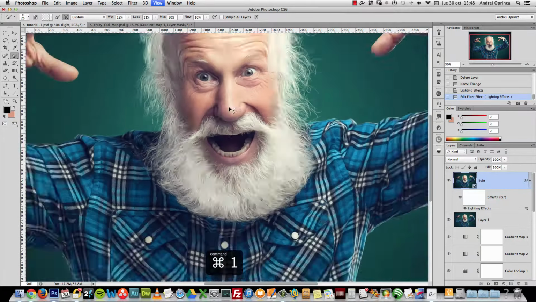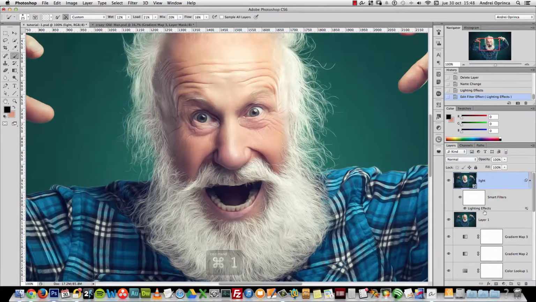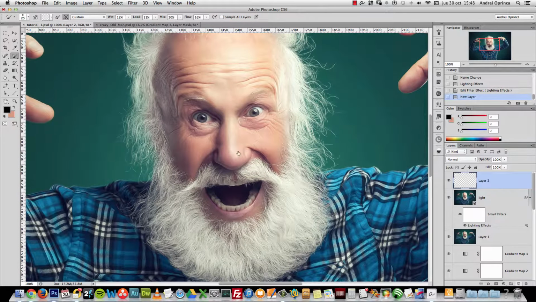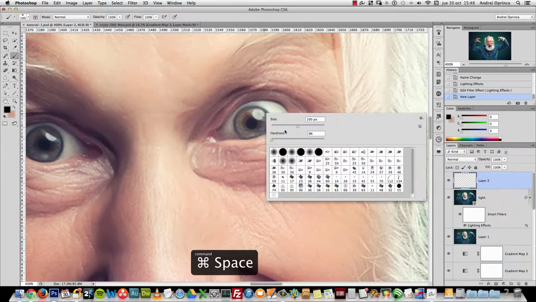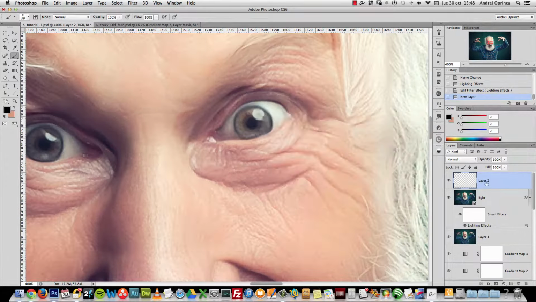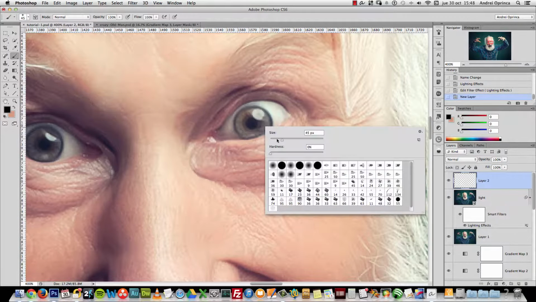Next, I will want to change a bit the eyes, make them stand out a little more, so I'll create a new layer. Get the brush tool. Make sure I have the flow and opacity to 100%, zoom in, change the brush size to more or less the size of the eyes, like this, and the hardness at about 70 or 80%,